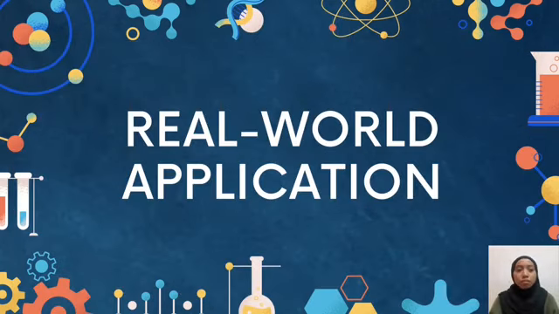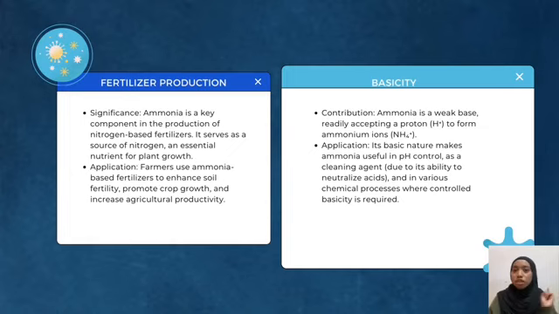I will discuss real-world applications. For question number 1, a real-world application of ammonia is fertilizer production. Ammonia is a key component in the production of nitrogen-based fertilizers. It serves as a source of nitrogen, an essential nutrient for plant growth. For example, farmers use ammonia-based fertilizers to enhance soil fertility, promote crop growth, and increase agricultural